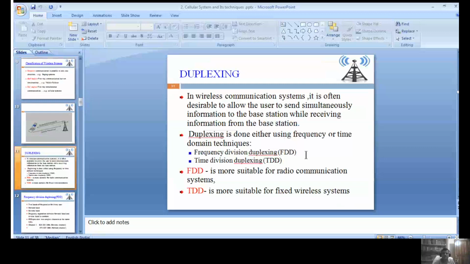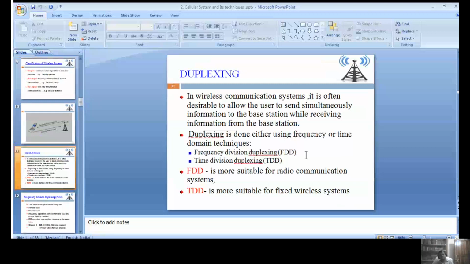Next, we have to go for the limitations of conventional mobile systems. Till now we have not discussed the cellular concept. Only the mobile concept we are discussing till now, right? What are the drawbacks of general mobile telephone systems? There are 3 problems we are getting: limited service probability, poor performance, and inefficient frequency spectrum utilization. Well, in detail we have to go for limited service probability.